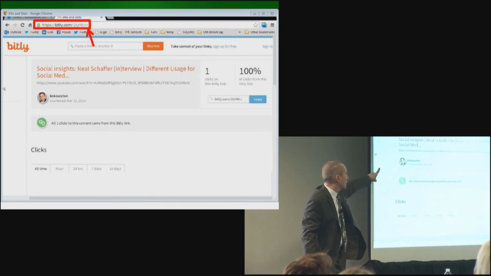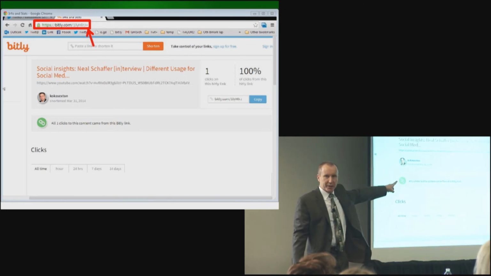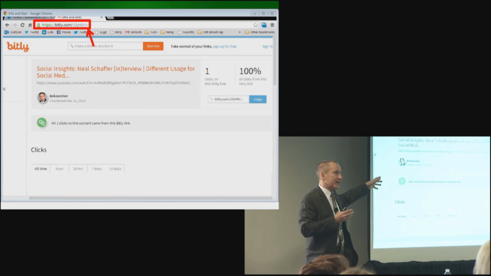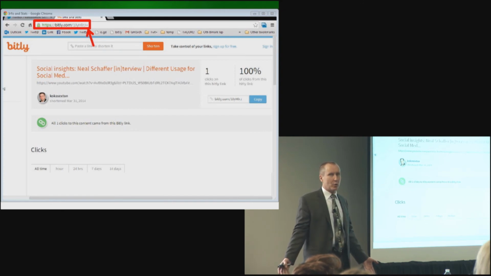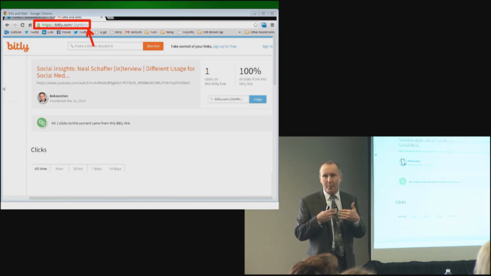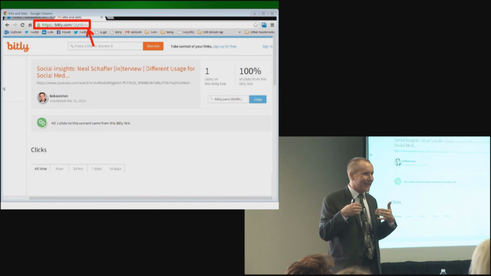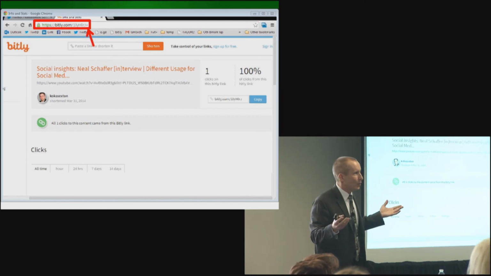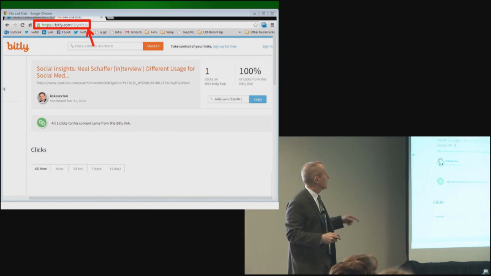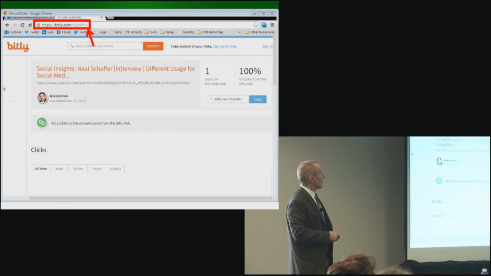Now, don't get me wrong. Coca Sexton is still a monster in the industry. But I wanted to use this as an example of, you could put a lot of work into something, and if nobody looks at it, then the work didn't do you a lot of good. So I just wanted you to see that as an option for yourself. If you don't have your own web page, and so you don't have your own web stats, you want to make sure that you find out if it's worth your while to be setting all this stuff up.